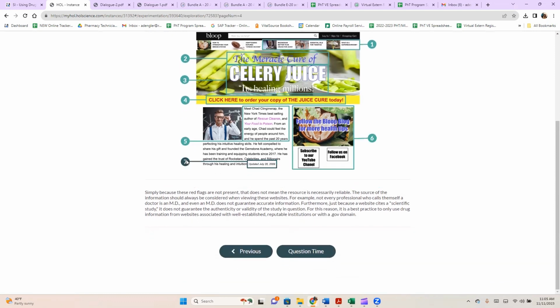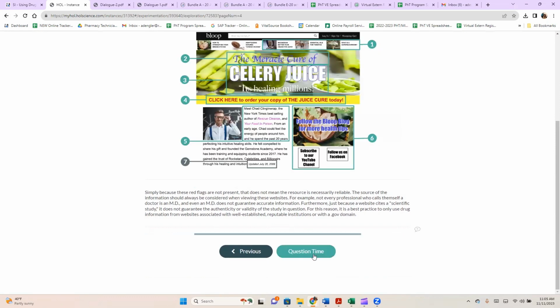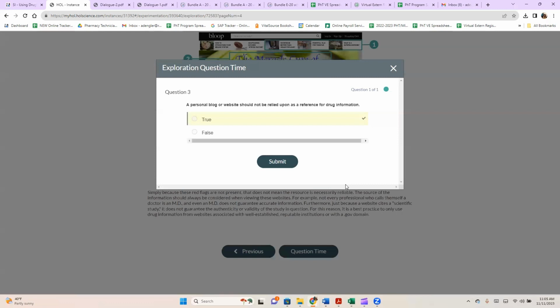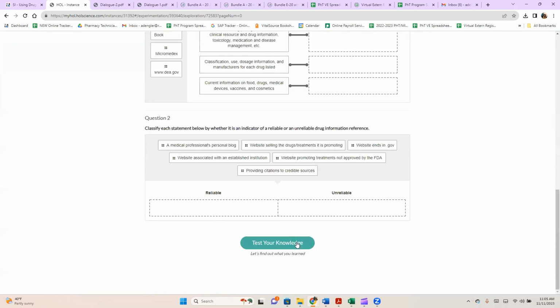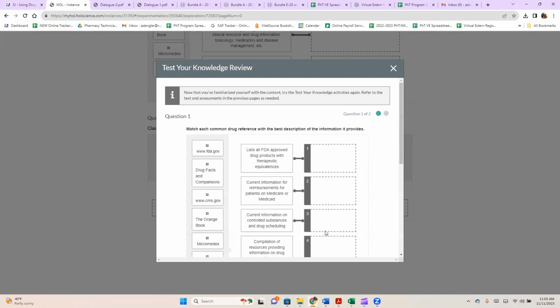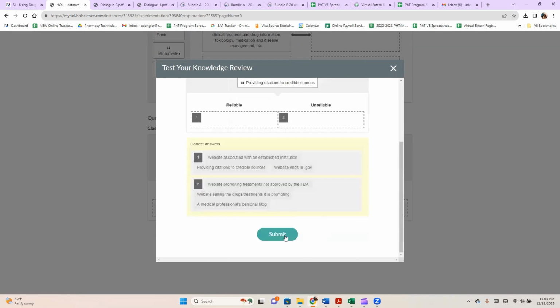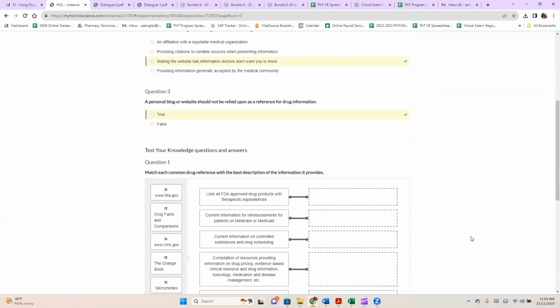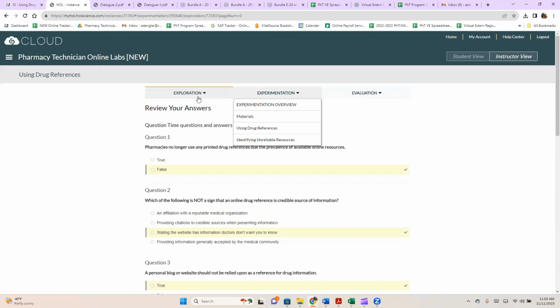And you can click on each one and read about it. A personal blog or website should not be relied upon as a reference of drug information. So we already answered that in the other questions. So that's true. We're going to review our answers and then test your knowledge. So you're going to do that chart again. So hopefully you remember your answers. And then we're going to go into